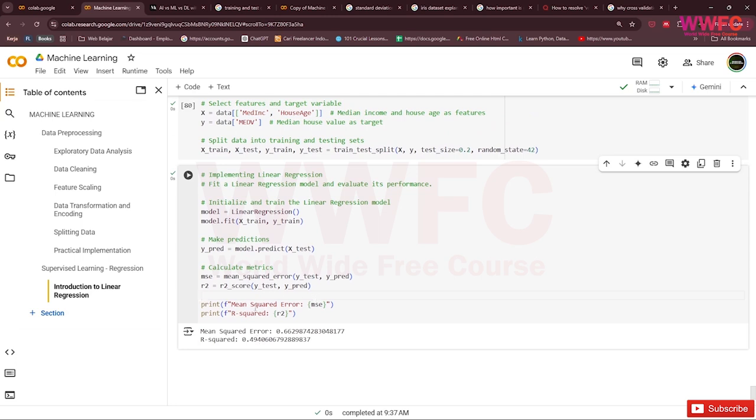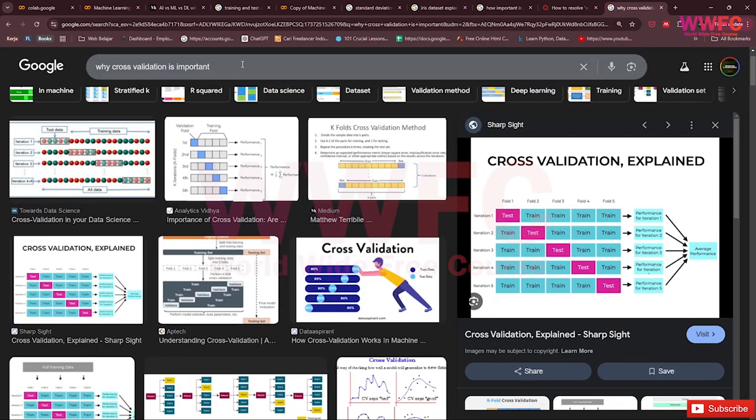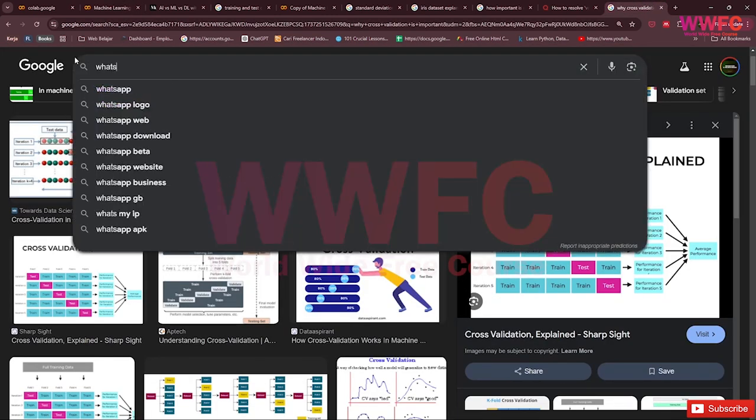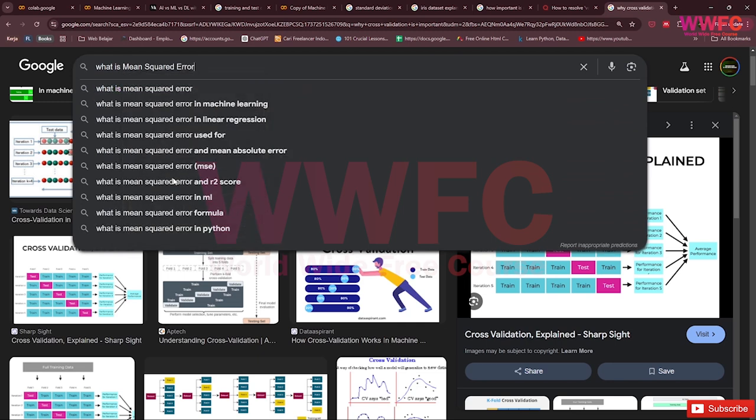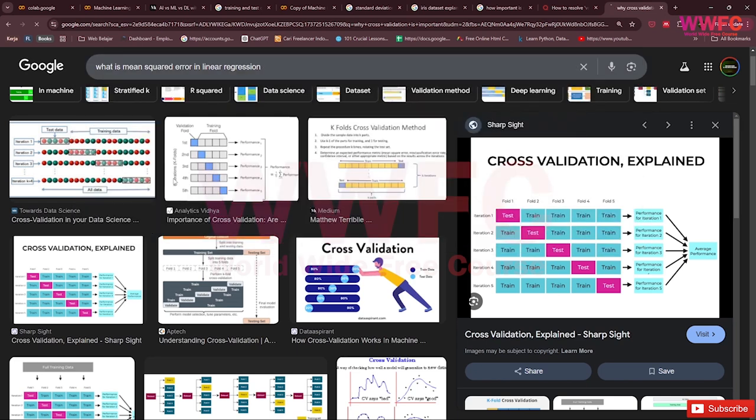If you don't know what mean squared error is, we can check here. What is mean squared error in linear regression?